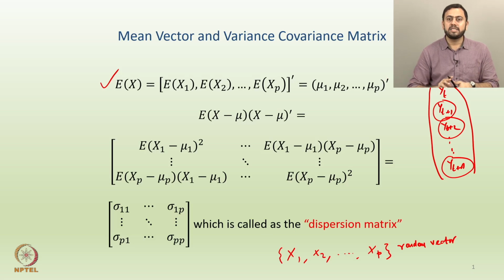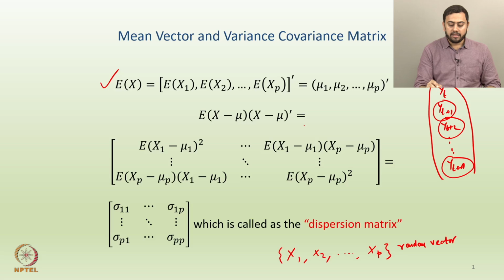And why transpose? Because generally we consider vectors to be column vectors, right? So if you want to write down the vector as a row vector, then you put a transpose so as to ensure that the vector is indeed a column vector. So if you transpose a row vector, it becomes a column vector. Make sense so far? Okay.